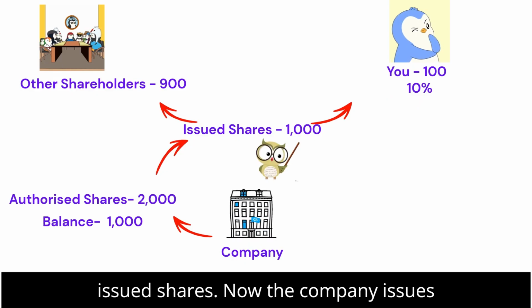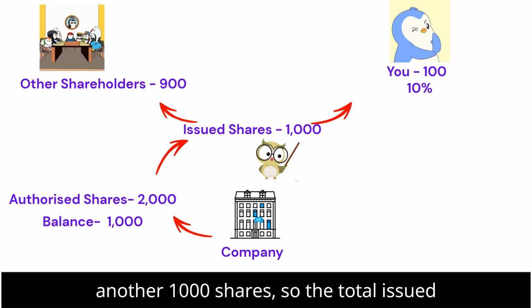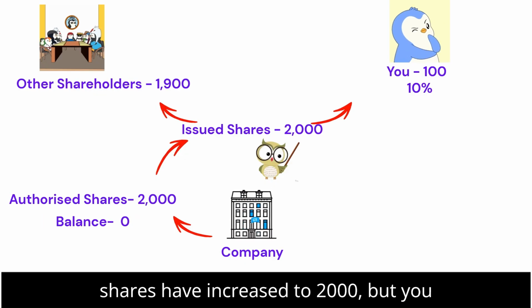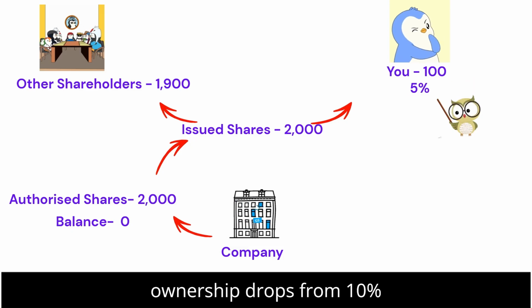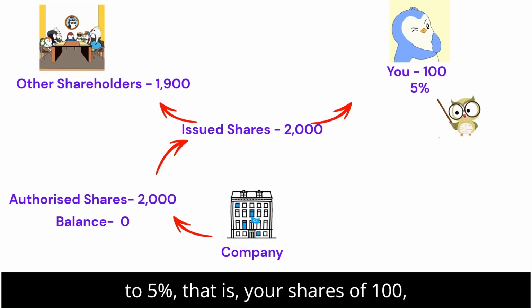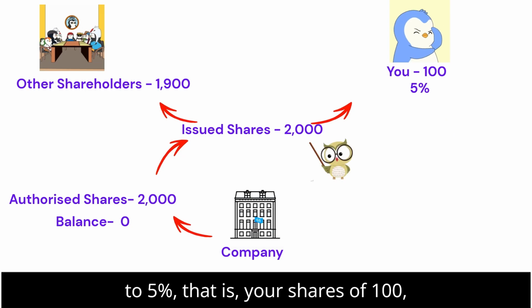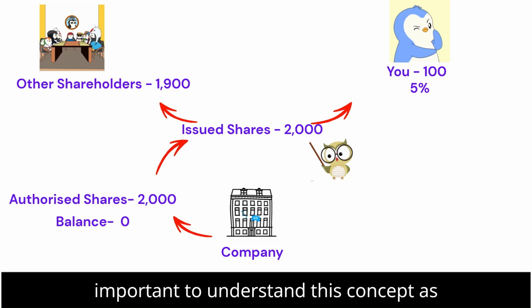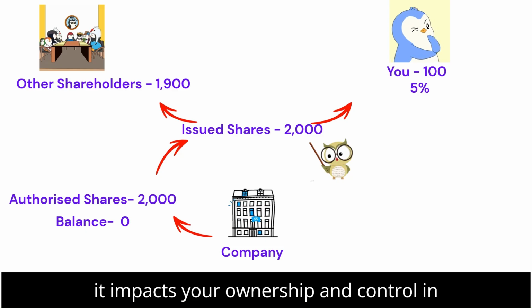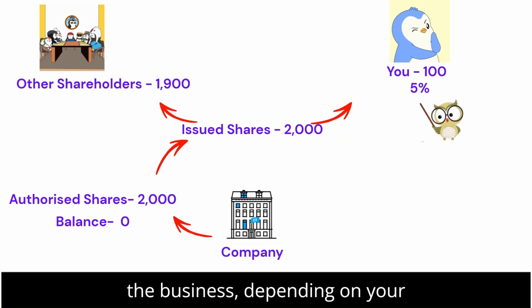Now the company issues another 1,000 shares, so the total issued shares have increased to 2,000, but you still own 100 shares, so now your ownership drops from 10% to 5%, that is, your 100 shares divided by 2,000 issued shares. It's important to understand this concept, as it impacts your ownership and control in the business, depending on